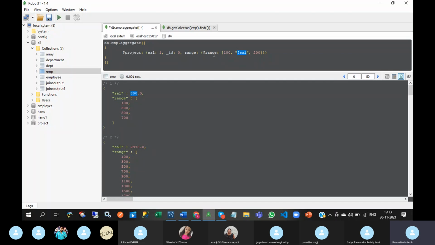So that is range. According to the inputs you have given, it will add one by one until you reach the salary value. Here also you can observe that up to 2,900 only it will be added. After that, it will not be added.